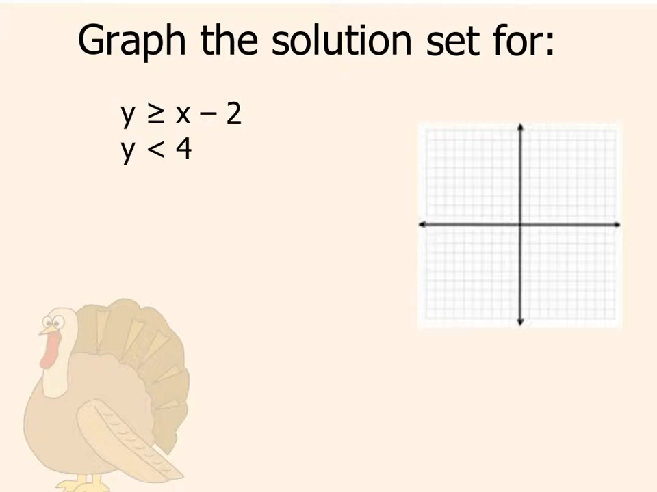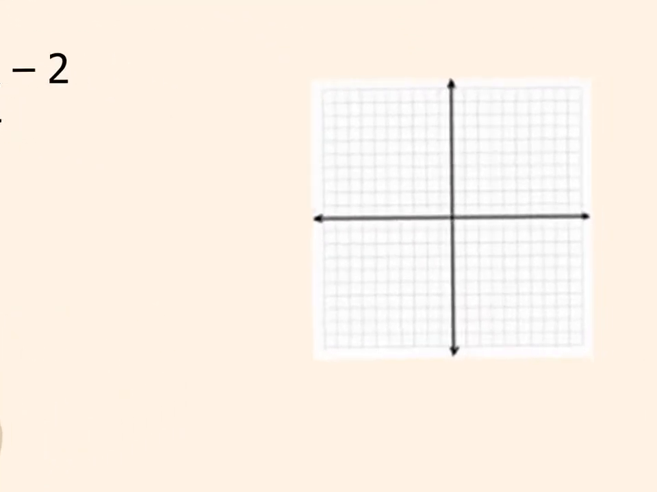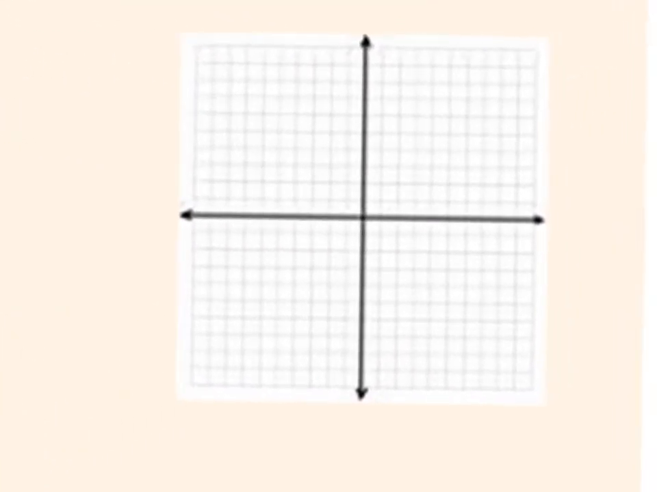We just have to essentially do what we do to graph an inequality twice. To get these on the graph, we're going to treat them separately. So let's zoom in on our graph. Let's take a look at